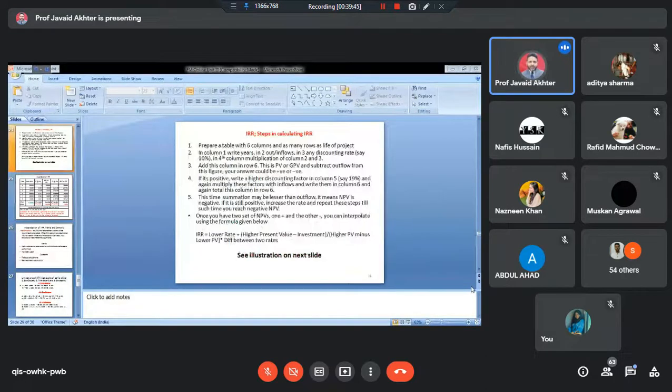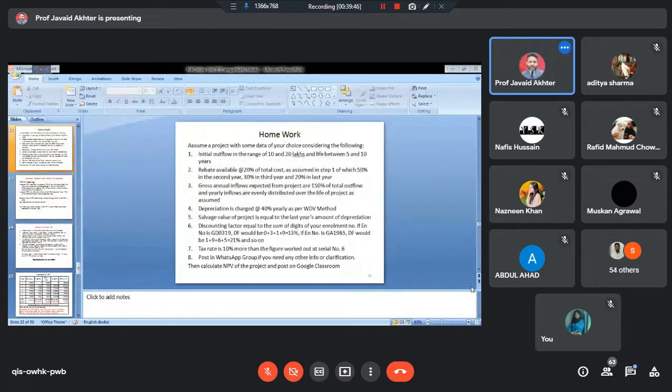Let me check if there is anything more required. No, nothing more is required. This slide I explained to you yesterday. Do you need any clarification in this slide? I have not received any question from anyone. It will be received only if you go through it and read it once again, which you have not done.